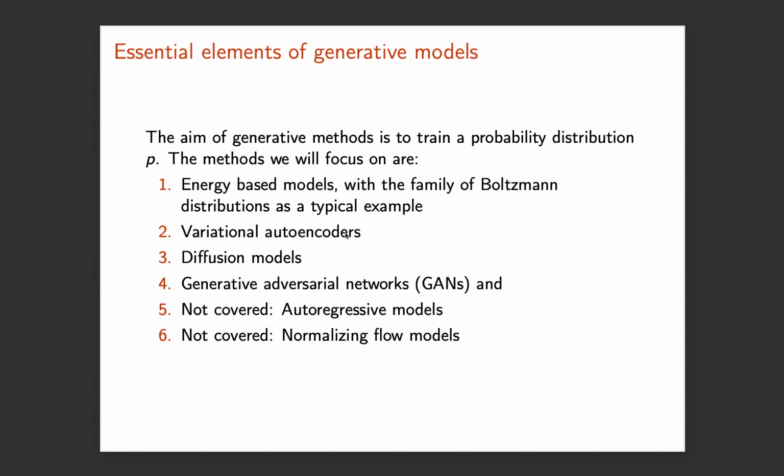But these are more used in variational autoencoders, which are also named variational Bayesian inference. That's another name for the variational autoencoders. And actually, people who developed these came from the Bayesian statistics field. And then we have diffusion models, which are extremely popular. We also looked at generative adversarial networks, but we did not cover these methods yet. So with hindsight, what I could say is that maybe we should have spent more time on diffusion models and variational autoencoders.